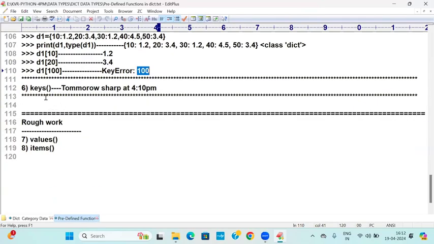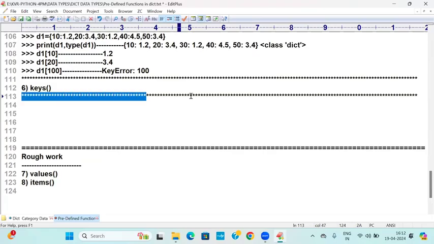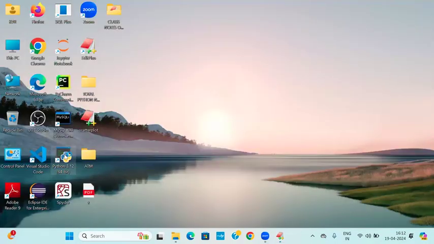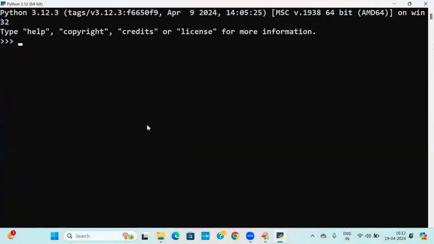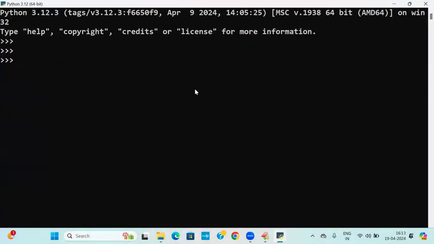Now it's time to go for the keys function, so that we will start today. So students, now I'm going to start with the keys function here. Let me go to the place where I'm going to write it. Run as an administrator. So here I'm going to take up under this part. See this now. Here D1 is equal to